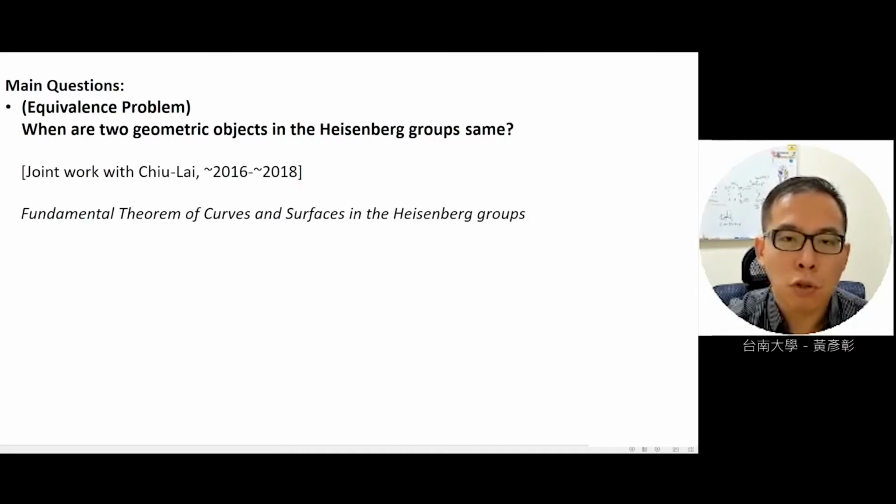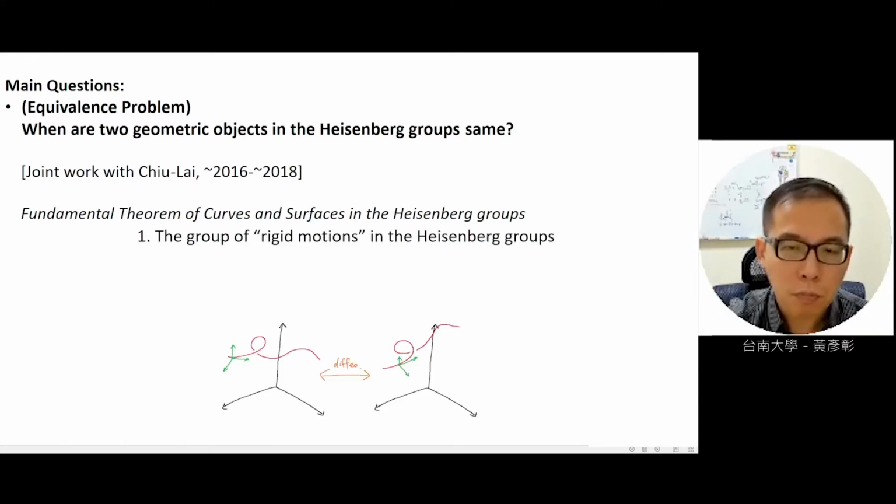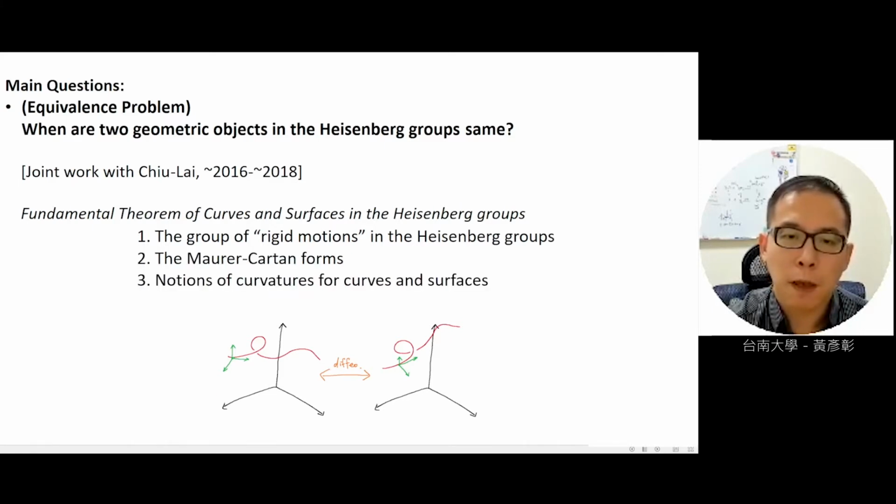This is joint work with Qiu Honglin, National Tsinghua University, and Lai Xinhua, National Qinyi Da, between 2016 and 2018. We proved the fundamental theory of curves and surfaces in the Heisenberg groups. We studied the group of rigid motions in the Heisenberg groups and the Maurer-Cartan forms, and we also defined the curvatures for curves and surfaces. And the theory states that given the curvature function, we can prescribe a geometric object such that its curvature is